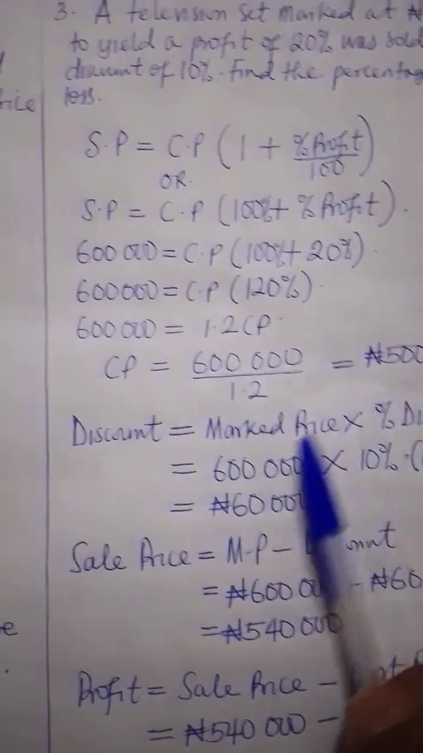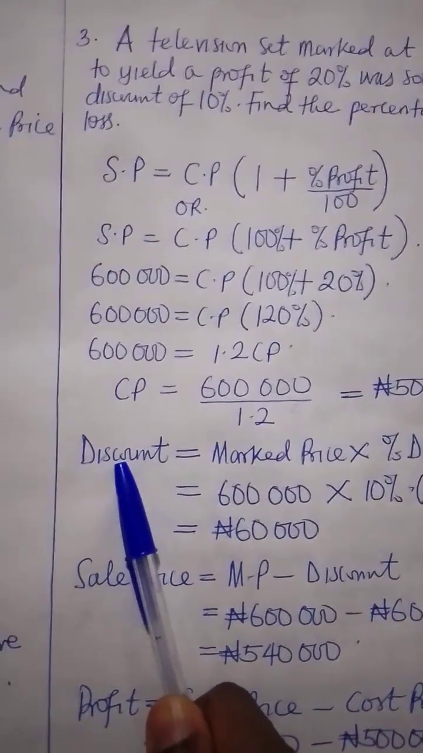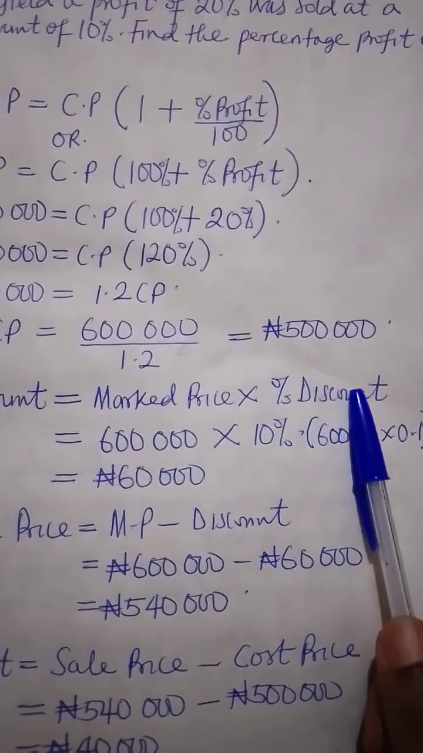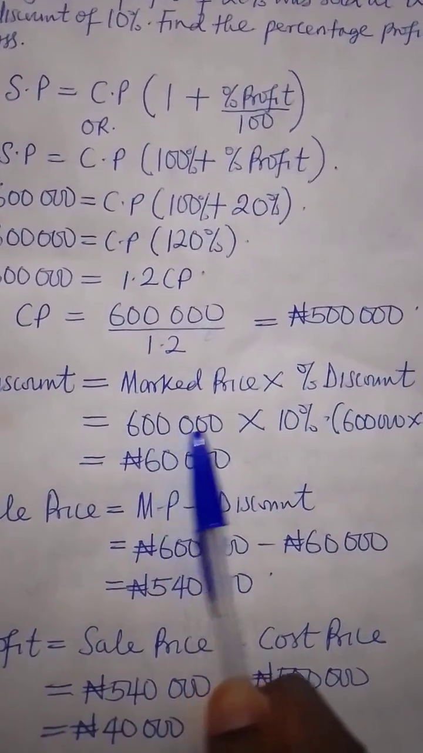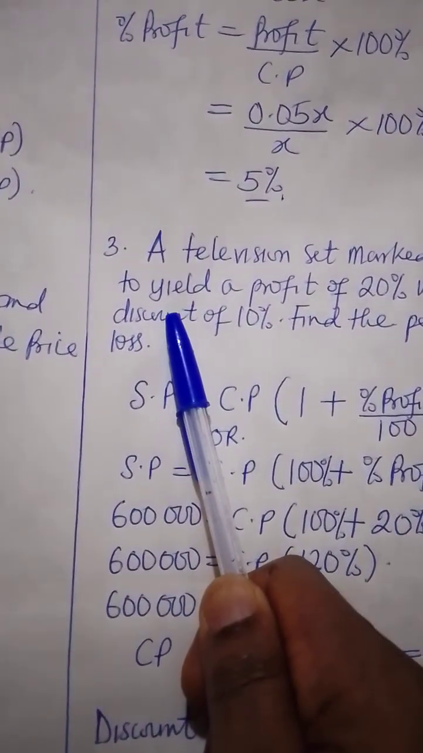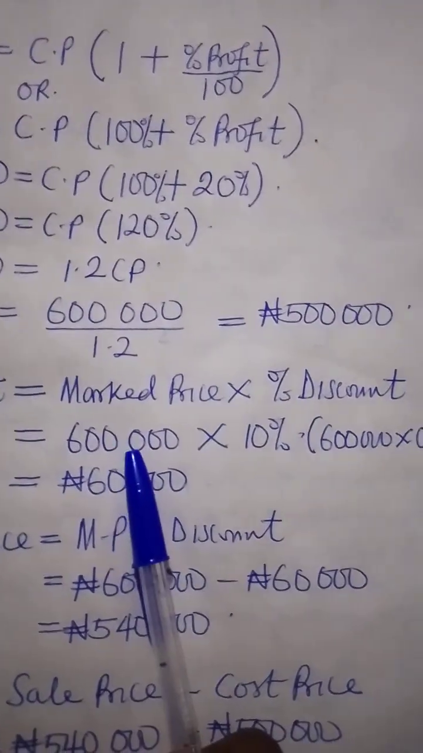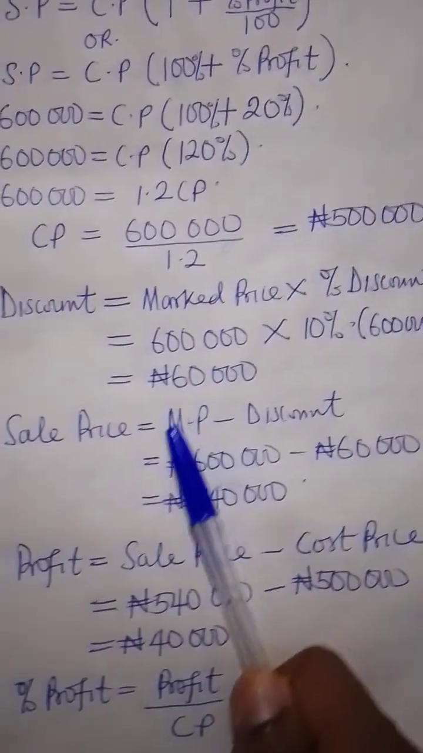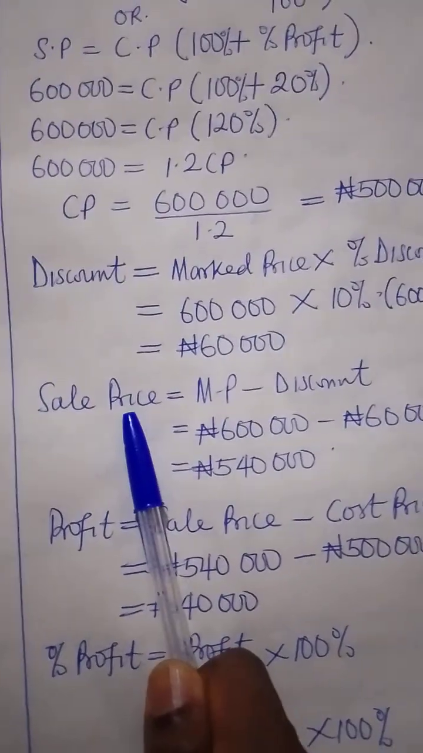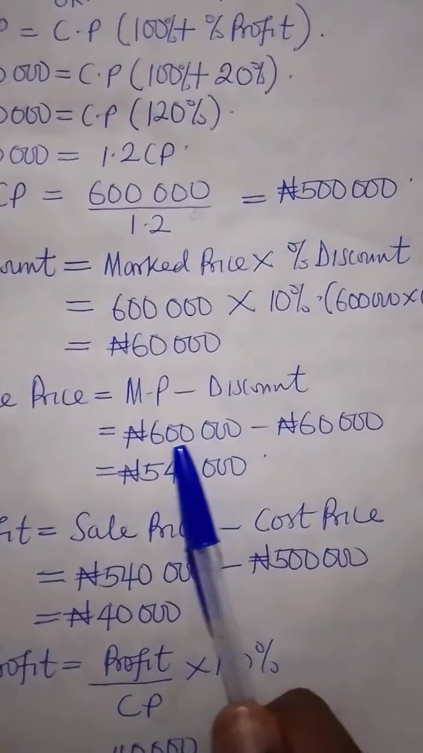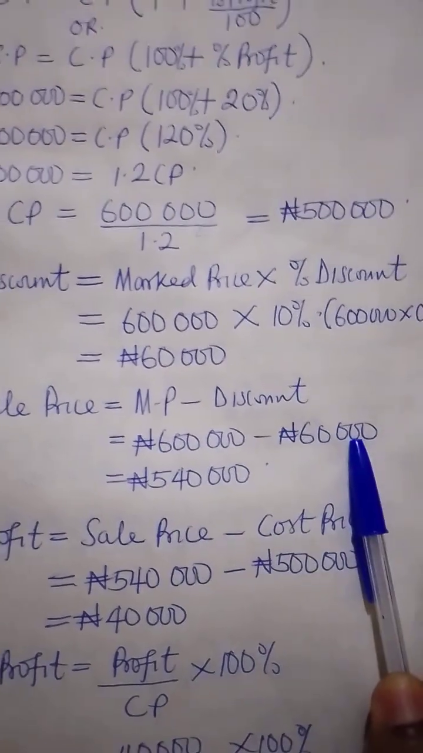So we go ahead to get our discount. Don't forget, discount is marked price times percentage discount. So 600,000 times 10%, which is the discount of 10%, will give us 60,000. So our sale price or selling price is marked price minus discount. So 600,000 minus 60,000 gives